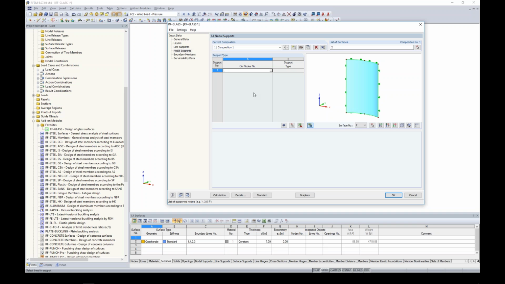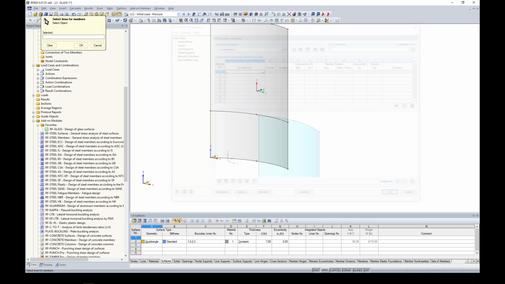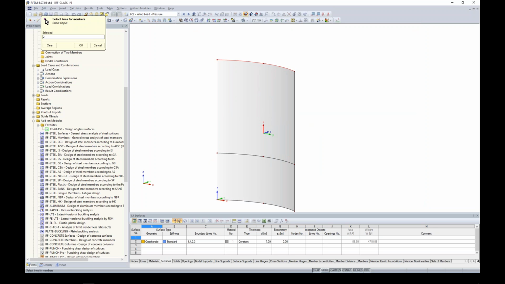Just if you were to have nodal supports instead of line supports, this is where you would go ahead and define it. Boundary members. So it's not uncommon to maybe have something like a channel member up at the top here of our glass surface. Well, I didn't model that in RFEM, and because I'm using the local glass analysis type, I want to define that boundary member here. So the first thing I need to do is select where I want